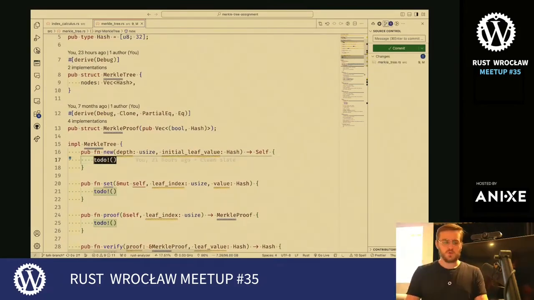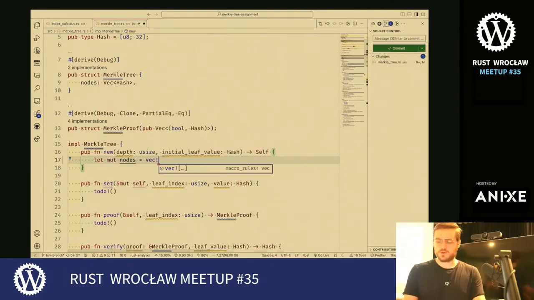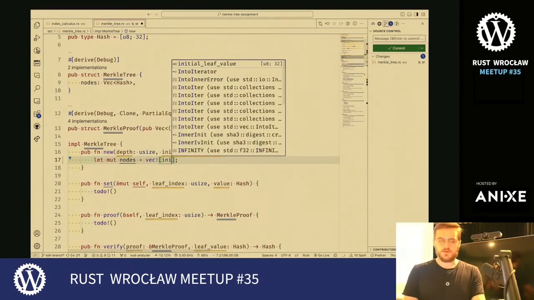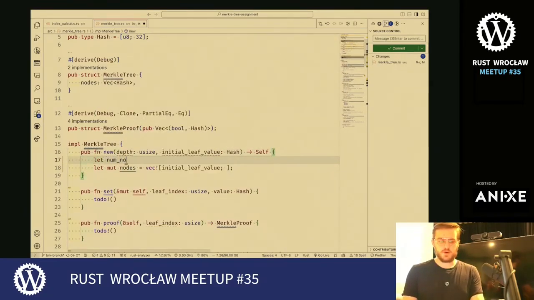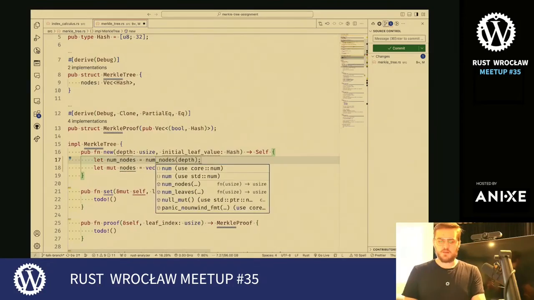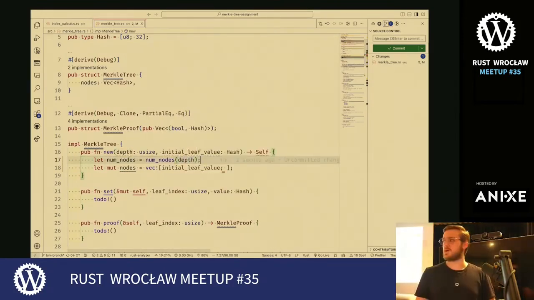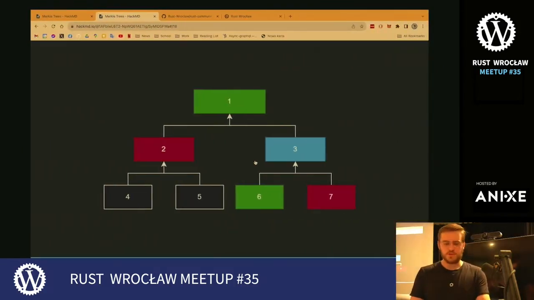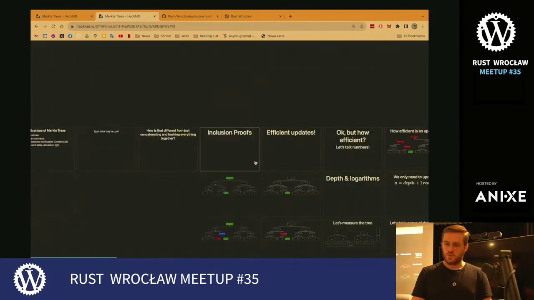And let's move on with implementing our tree. We'll obviously need a vector of nodes, which have initial leaf value. And we have a function already prepared, which gives us the number of nodes for a given depth. Now this function, you might remember previously in the presentation,